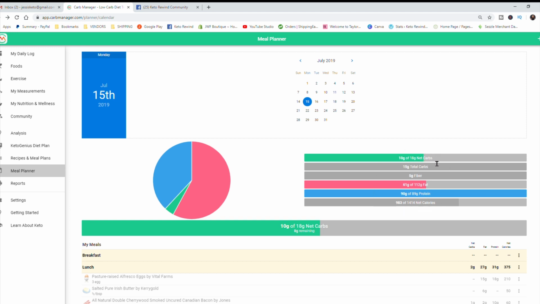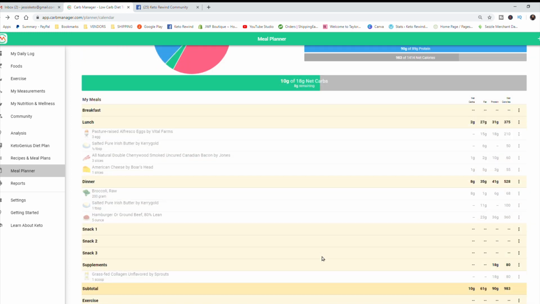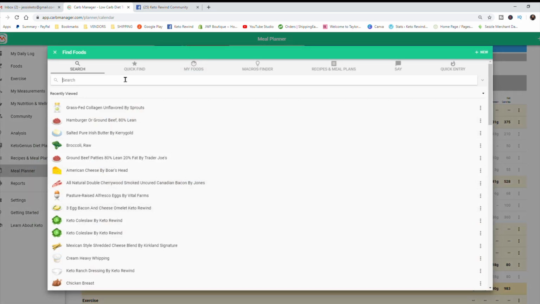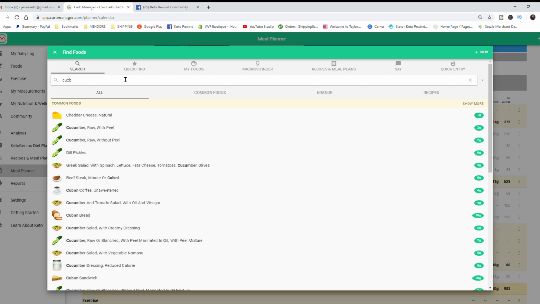Well, I still got plenty of carbs. I'm still way under in my fat, and I've hit my protein, which is a goal of mine. But I'm still really under in calories. So I'm like, okay, well, I should have cucumbers. Snack on some cucumbers. So I'm going to just find a cucumber,